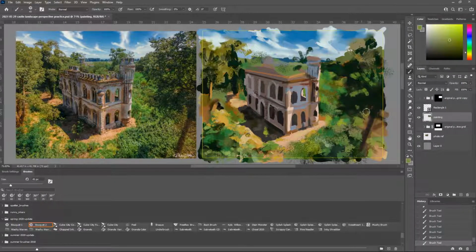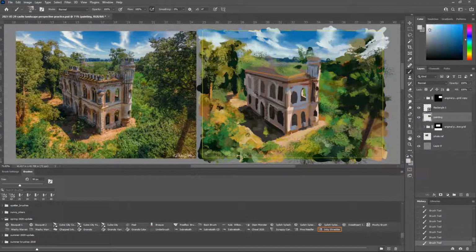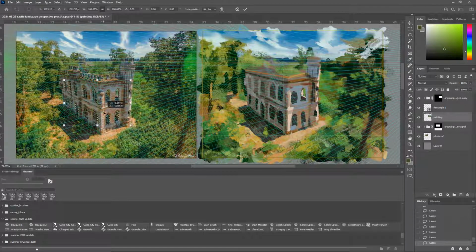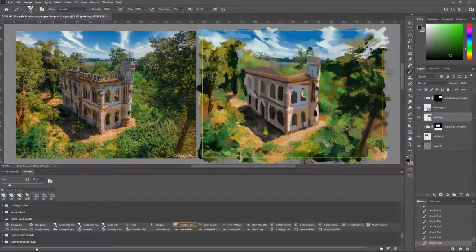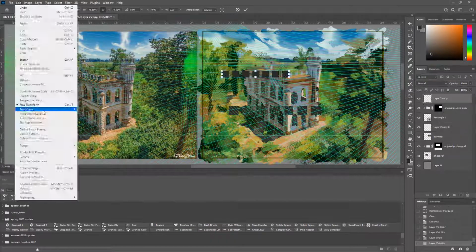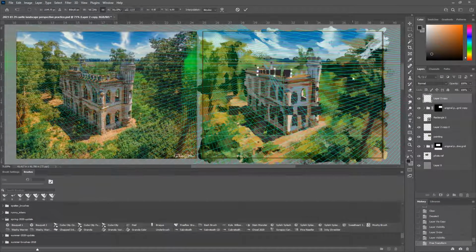So after I got the perspective, I moved on to painting the piece, and at the beginning of the painting, I did use a lot of the ink dropper tool on the original photo to replicate the colors in my painting. My goal with this was to figure out what colors were in the original photo with regards to their hue, saturation, and value. Even throughout the painting process, you'll see sometimes in the time lapse that I use the ink dropper just to see what ranges the colors were in different areas of the landscape.